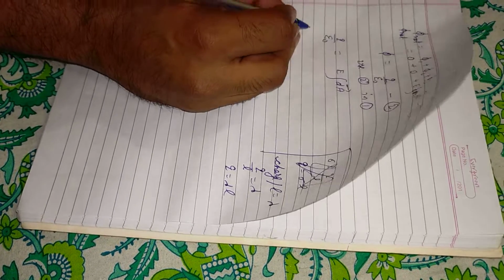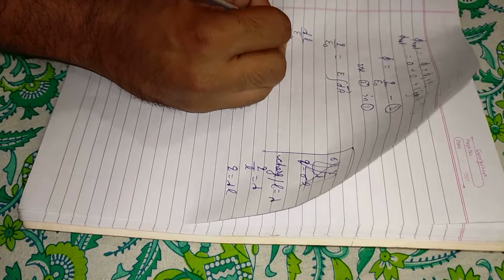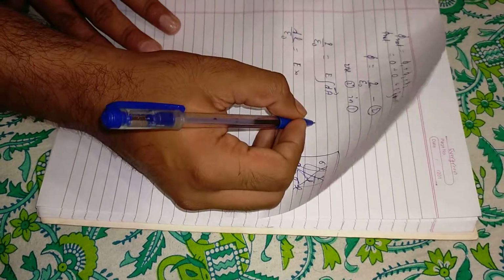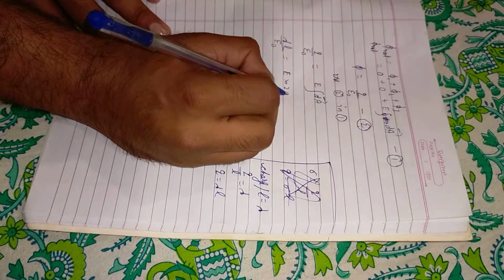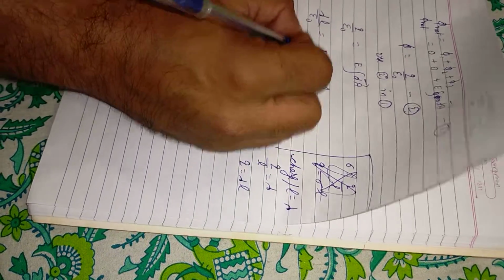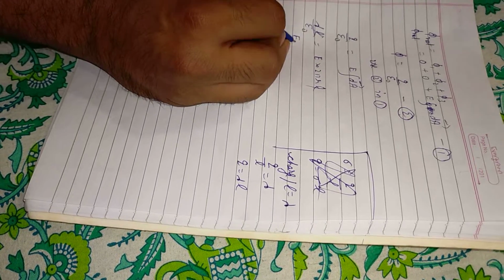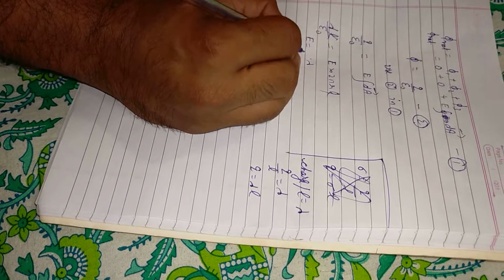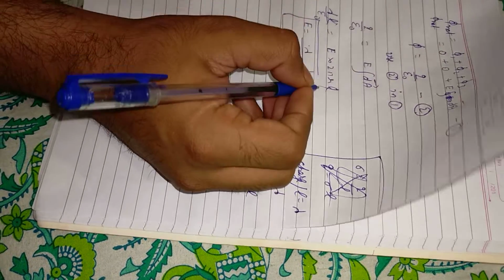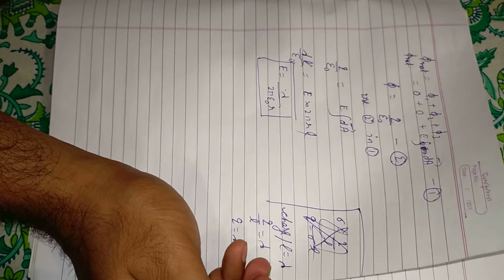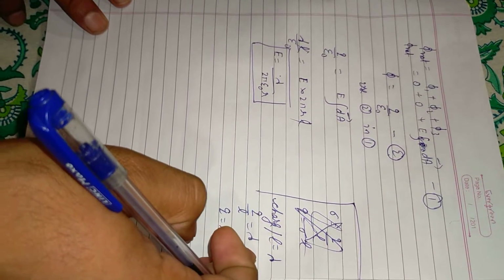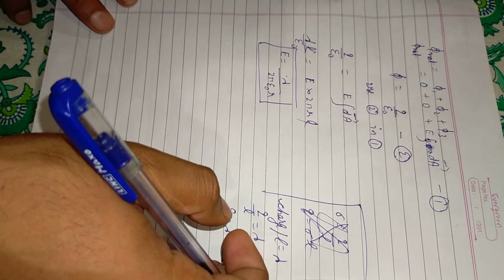So in place of Q you can put lambda L over epsilon naught equals E times the area of this cylinder, which is 2 pi r L. Radius is r, length is L. This L will cancel out. So the electric field due to the infinitely long wire is lambda over 2 pi epsilon naught r. Okay, so this was the first application of Gauss law. Hope you understand this. If any doubt is there, you can comment or message me also. Thank you.